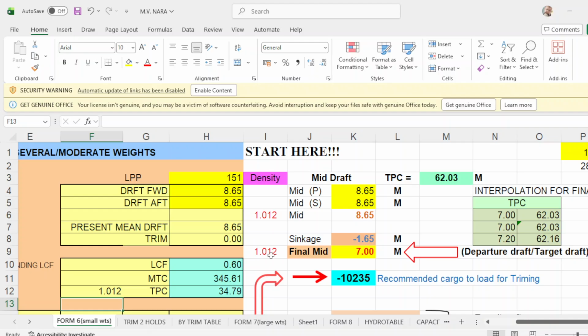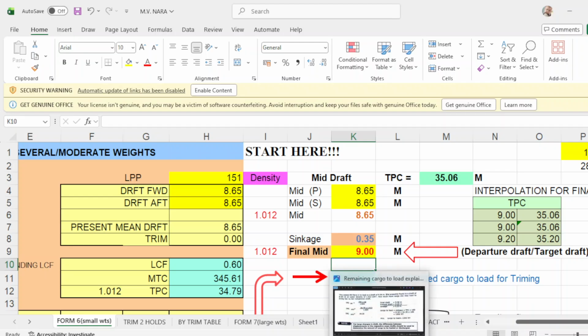Take note, guys, from your present draft to your final mid draft or departure draft, the density will be the same as 1.012. So let's put here 9 meters, and his sinkage is 35. Okay, 35, and